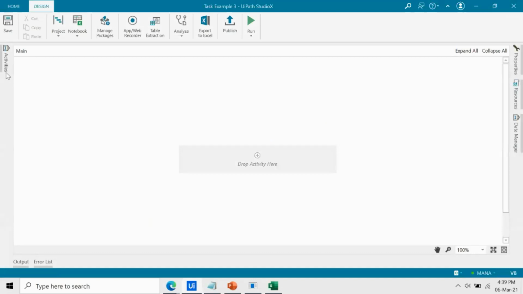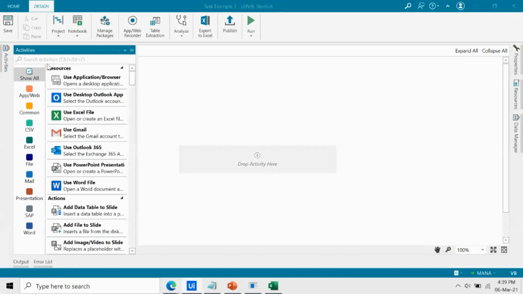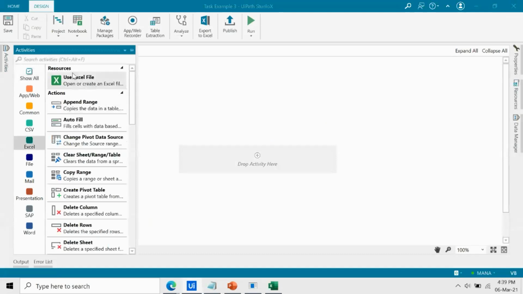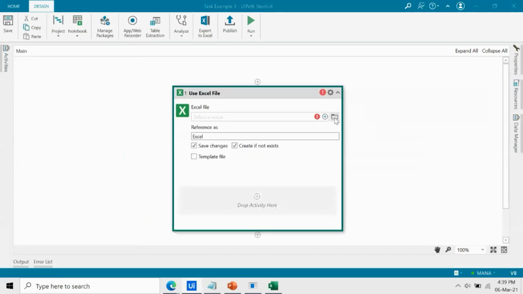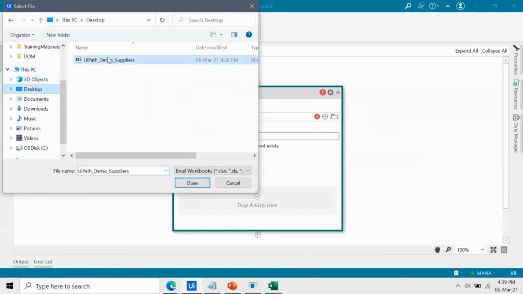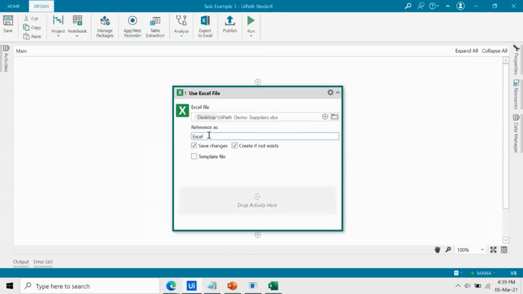Okay. So I start with the Excel resource first because we have to read the data first. Use Excel file. I provide the path of a file. It's always best practice to choose the reference name as a different alias name for your Excel sheet.